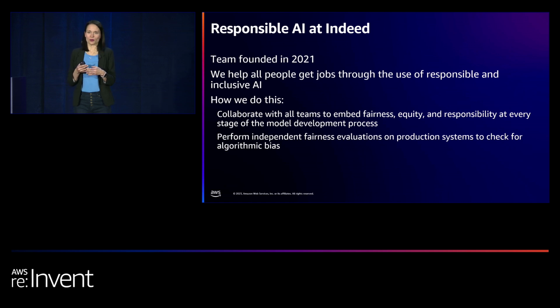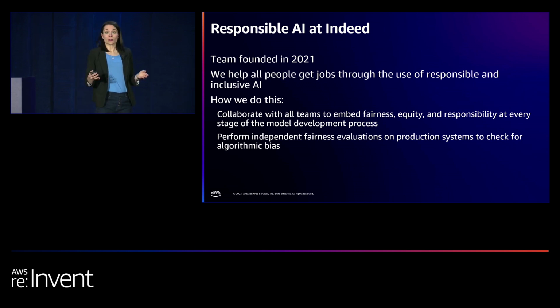So we have sort of 2 personas that we operate on. The first one is more of a blue team persona, so we do it in a collaborative way with the development teams. So we ensure that their data and labels are collected responsibly. We help them ensure they have balanced data sets, et cetera. We use inclusive, human-centered design principles at every stage of the process. And then we really focus on transparency and explainability.